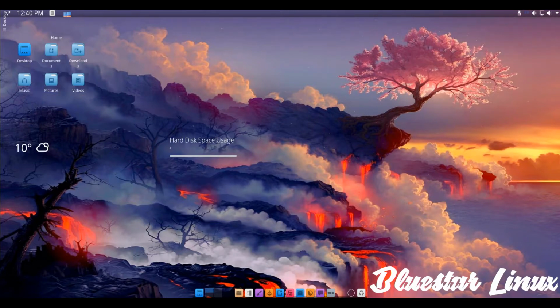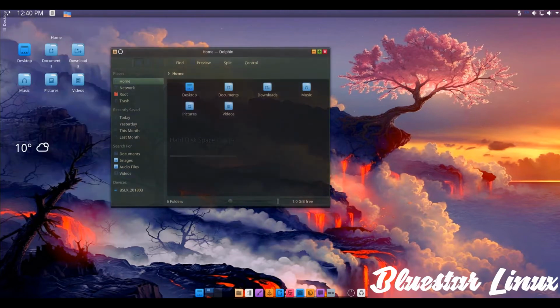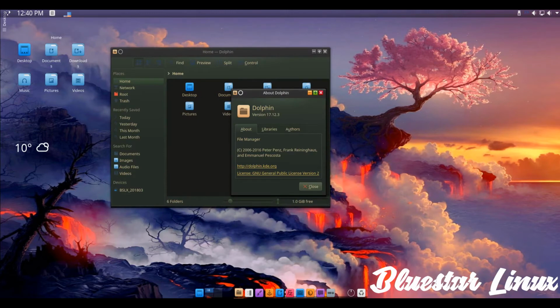Bluestar Linux is an Arch Linux-based distribution, built with an understanding that people want and need a solid operating system that provides a breadth of functionality and ease of use without sacrificing aesthetics. Bluestar is offered in 3 editions: Desktop, Desk Pro and Developer, each tailored to address the needs of a variety